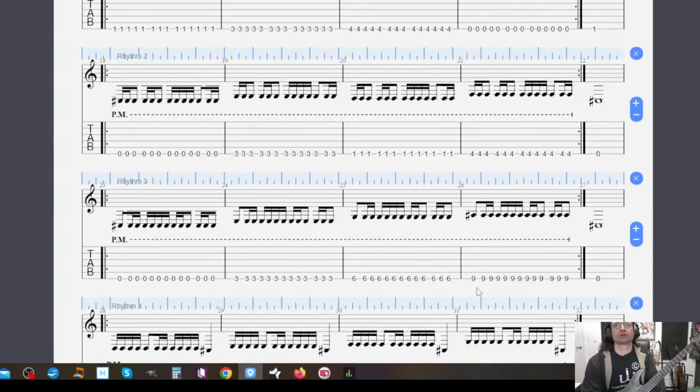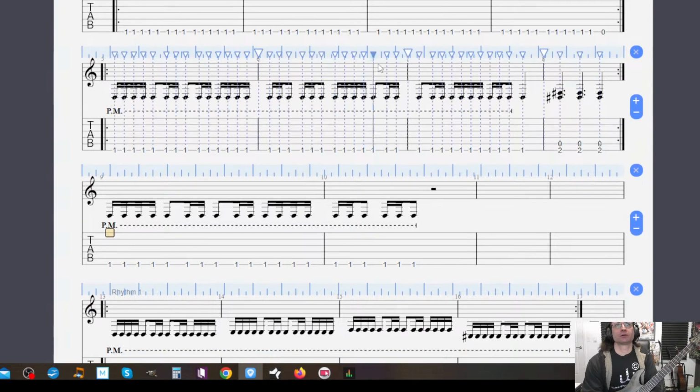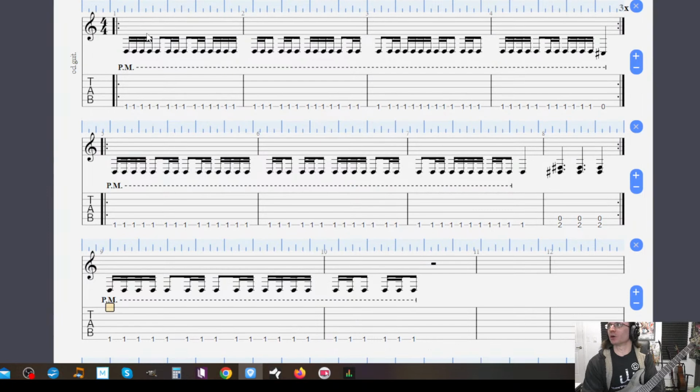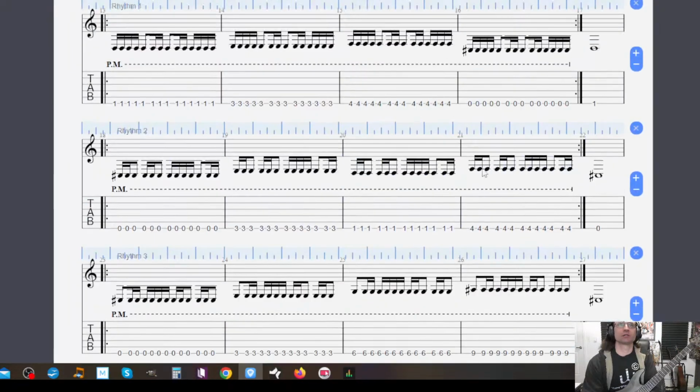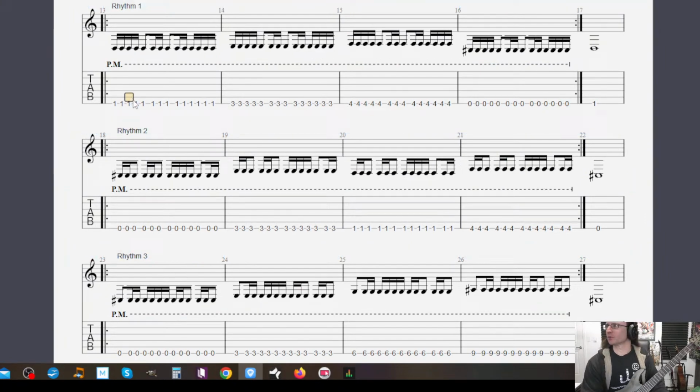So let's do something to work on combining this stuff. So typically what I do is, for things like this, what I advise students to do, you learn like one bar at a time. So practice that, and then practice that, practice that, practice that, which is basically what we're doing down here, where we have these 4 different rhythms.